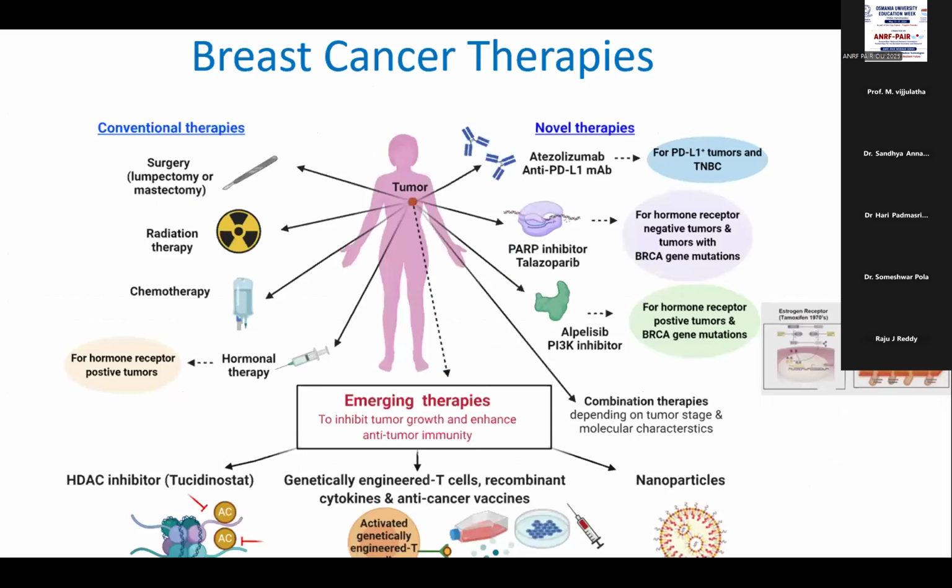Conventionally, breast cancer therapies have been very prominent in India. But the advanced therapies, or the targeted therapies, are very